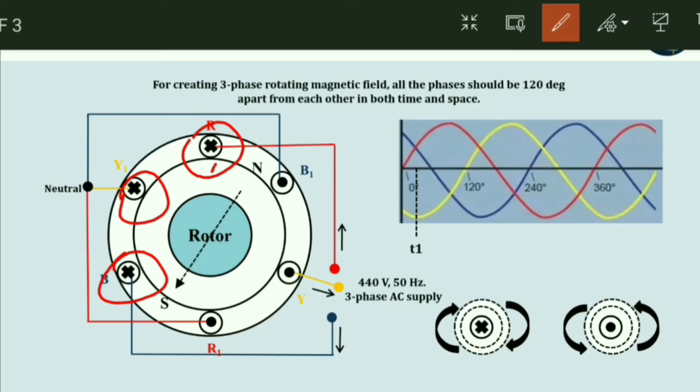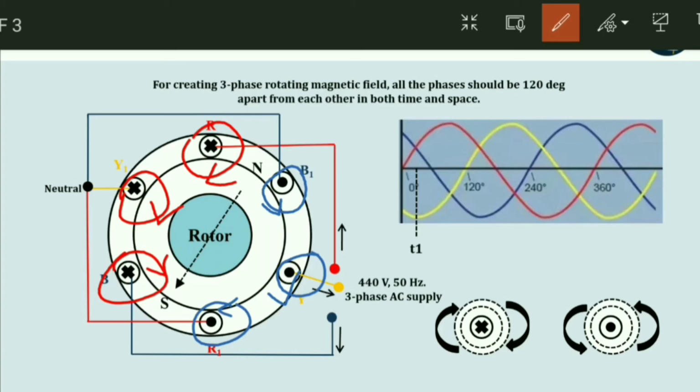So the magnetic field will be rotating in the clockwise direction. Similarly, for the dot cases, these are the dots. In that case, the magnetic field will rotate in the anticlockwise direction.